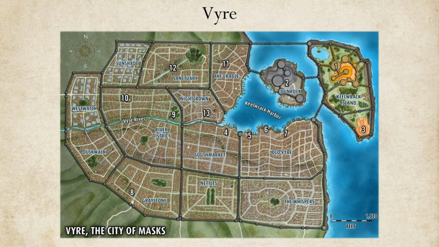A brief mention of Vyre. Northwest of Kintargo lies Vyre, the mysterious city of masks. Like Kintargo, Vyre has long had an independent streak. Though it was technically part of the Chelaxian Empire for centuries, it was always more appropriately thought of as an independent city-state. Cheliax rarely enforced any form of order in Vyre, instead deferring to the local government to ensure things in the city never got out of hand.